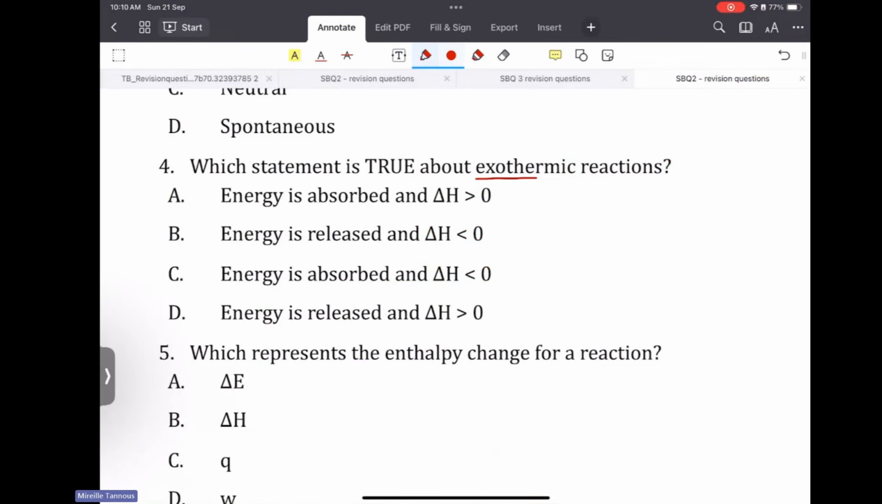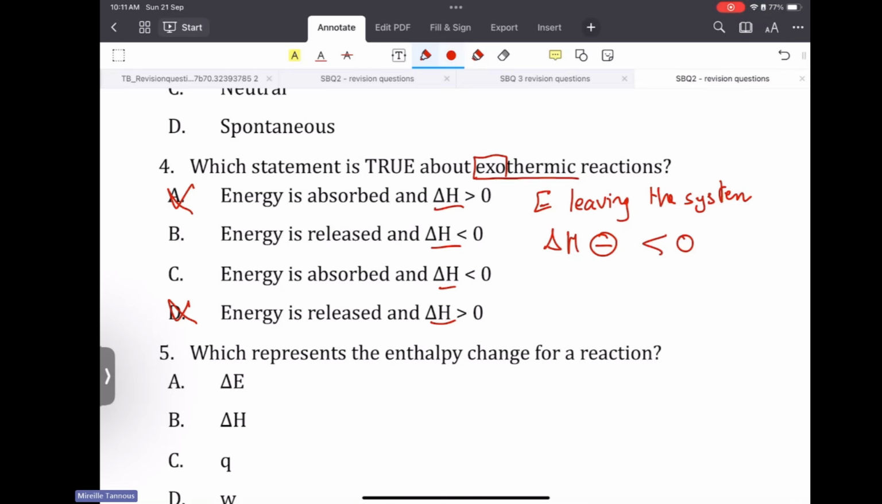Which statement is true about exothermic reactions? Exothermic reactions, they have an enthalpy change. And in the exothermic, I told you to remember it, that it looks like exit. It means energy leaving the system, or system releasing energy, losing energy. So in this case, the delta H must be negative. So A and D are wrong. Now we're left with energy is released or energy is absorbed. The answer is energy is released,